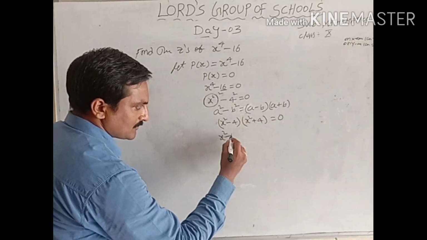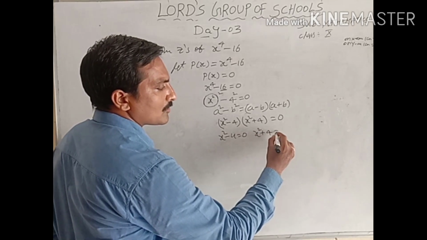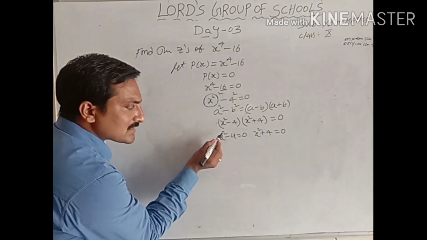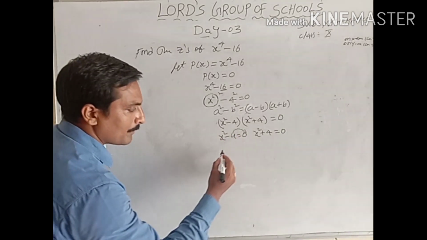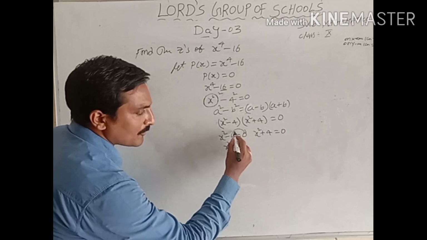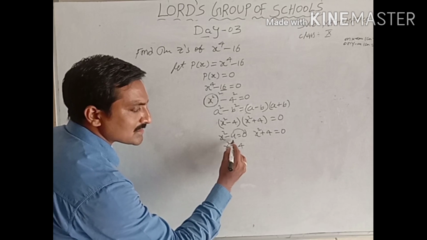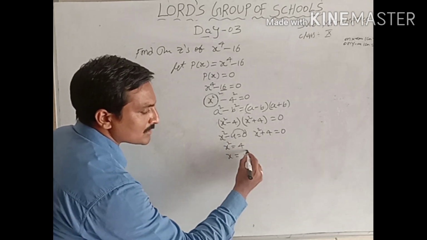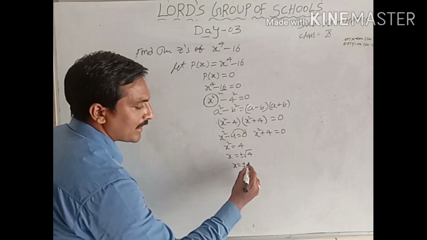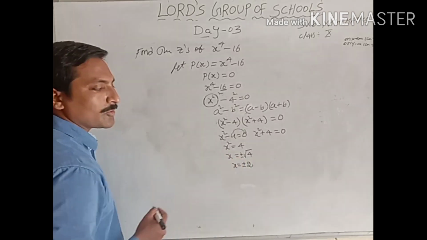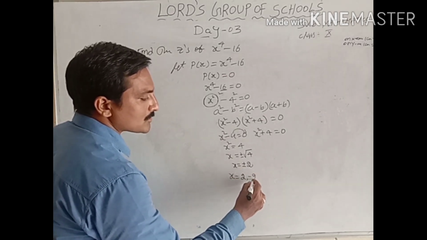x square minus 4 is equal to 0, and x square plus 4 is equal to 0. Now here a square is there, so you have to transfer the constant number. Not a problem. x square minus 4, transfer here plus 4. When the square is transferred to the other side, you get the root symbol, so you keep plus or minus root. x is equal to plus or minus root 4, and root 4 is 2. So x value is 1 time plus 2, 1 time minus 2.